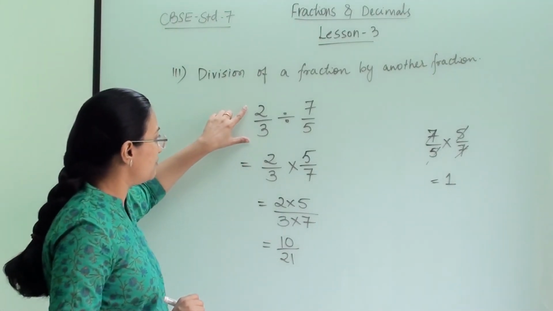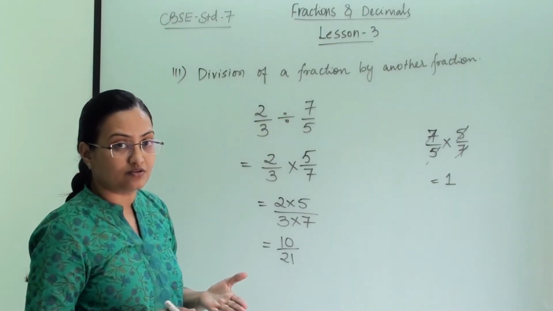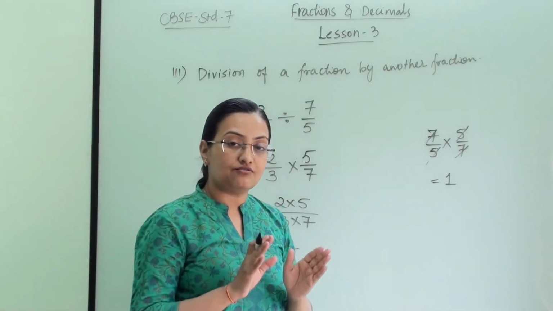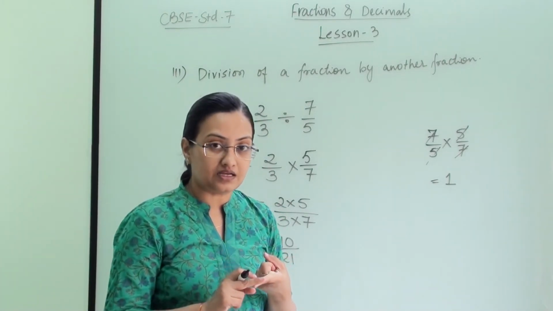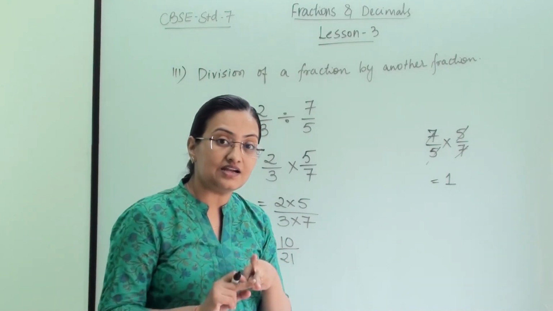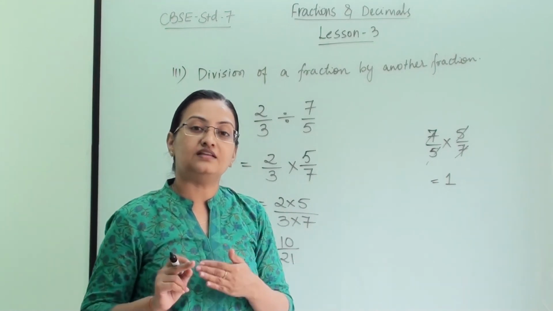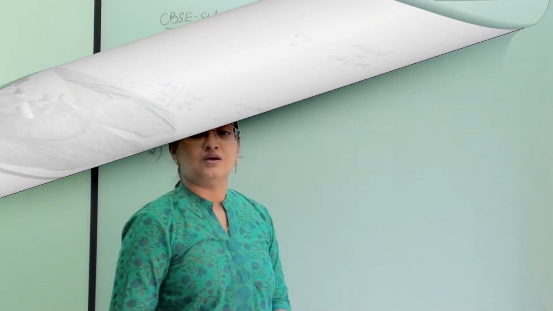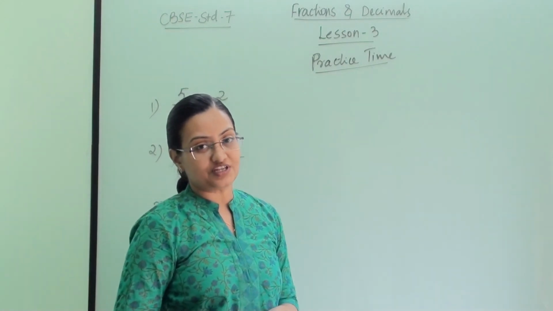So when we are dividing a fraction with a fraction, we are following the same method. So for all the division, we are following the same method, that first we convert the division sign into a multiplication sign, and second we write the second number's reciprocal, and then it is followed by the multiplication. Now let us solve some numericals based on the above division categories.